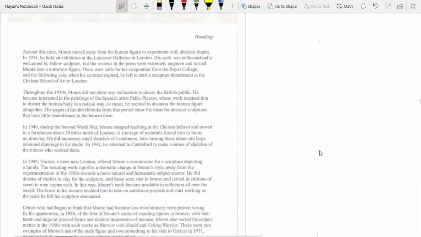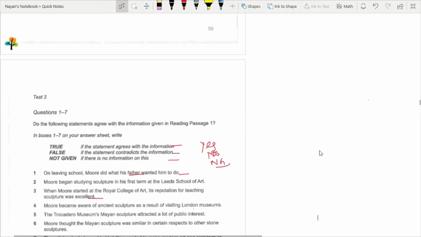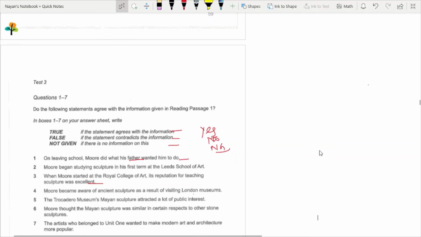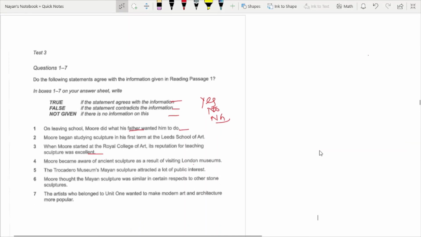Hopefully you understood this. So basically let's revise what we have done. We have read the question, we have understood the meaning, we have figured out the keyword in the passage, and matched it out. If the meaning was correct, it's true. If the meaning was contradictory, it was false. If the information is not present, it's a not given. Fine. So your first question was true, second was false, third was not given, fourth was true, fifth was not given, sixth was false, and seventh was true. Do you want to revise the idea again?